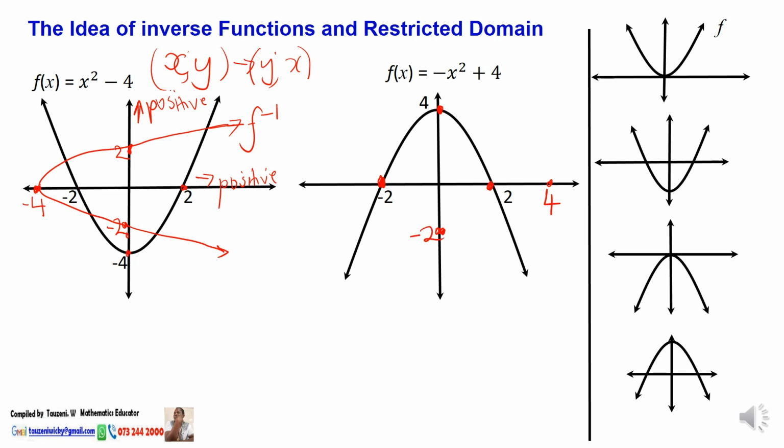It becomes 0, 2. Now, which direction is the graph facing? The original function is going towards the negative side. So my inverse must face the negative side of the other axis, which means the inverse is going to go to the left side. That's where the x-axis is negative. So from 4 to negative 2, we draw a graph passing through those points,